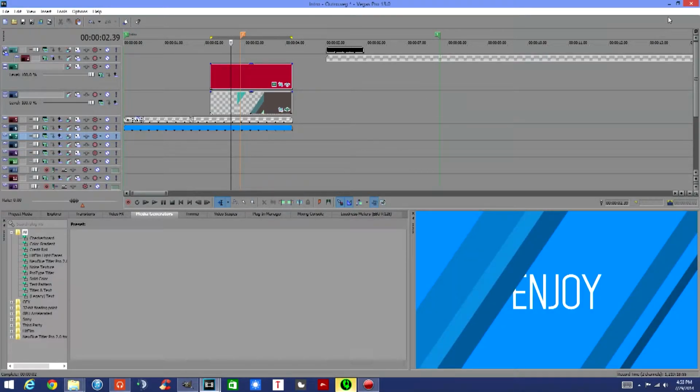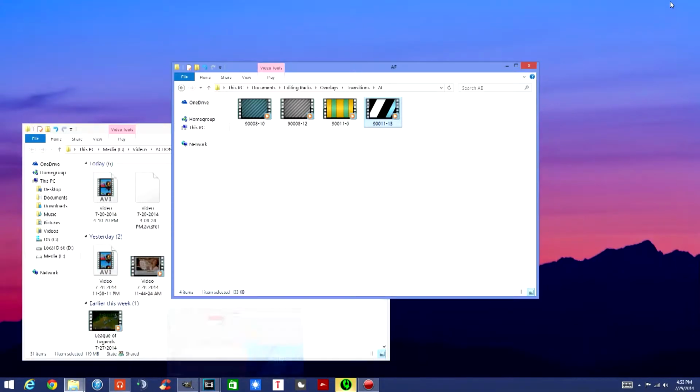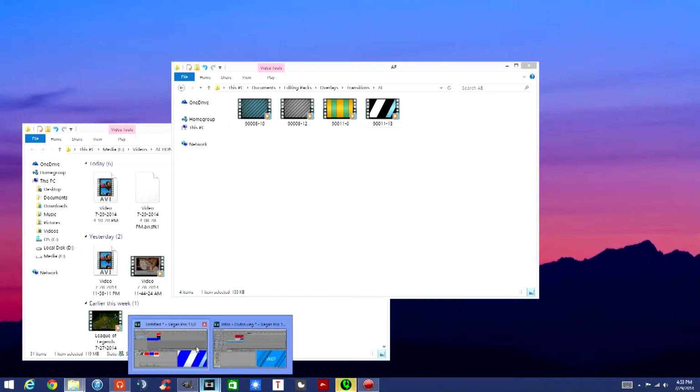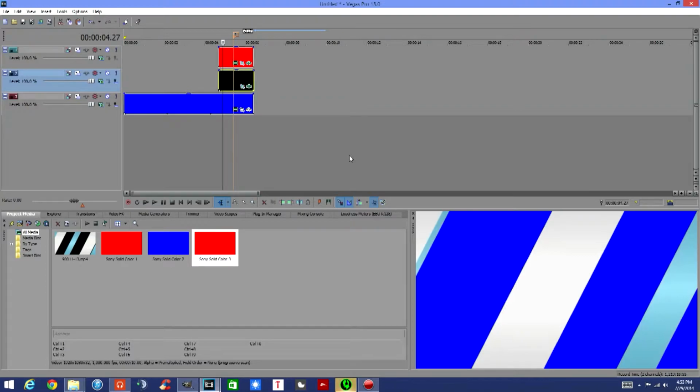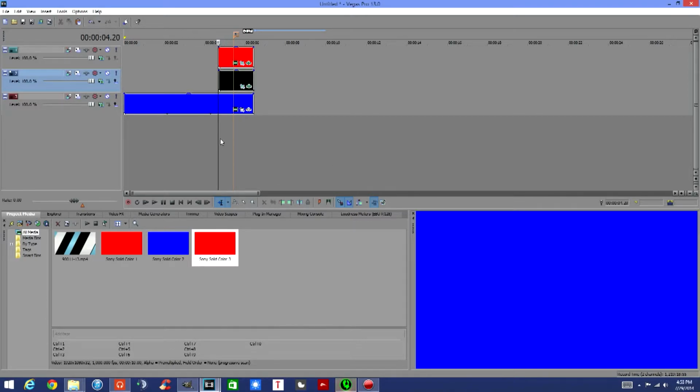And I'll provide a download link for this project here, and see if you can help me figure out what the issue was with that transition not working as it was supposed to. But given that you hopefully have an understanding of what I mean when I say mask overlay transitions,